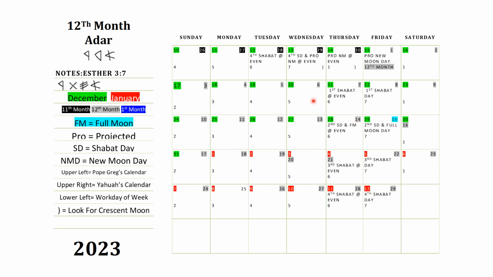You just keep hitting save. But first of all, you want to hit save as. So when the next month comes in, you can just go to that blank calendar, pull it up, change it to the first month, 2024, hit save as, boom, and you got it. You just keep rolling from there, and hit save. So this is pretty much it right here, okay? I hope y'all got some understanding out of it. I know I have a hard time sometimes explaining myself, but this is pretty much what we're looking for right here.